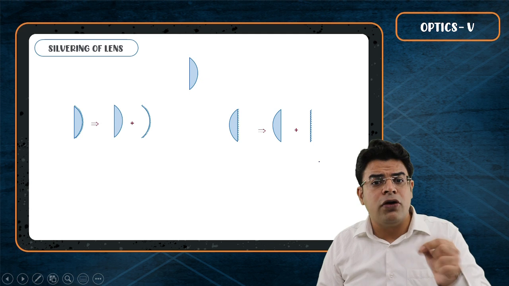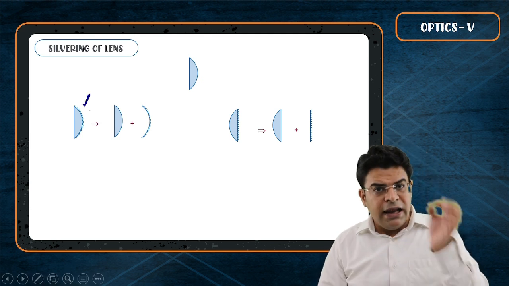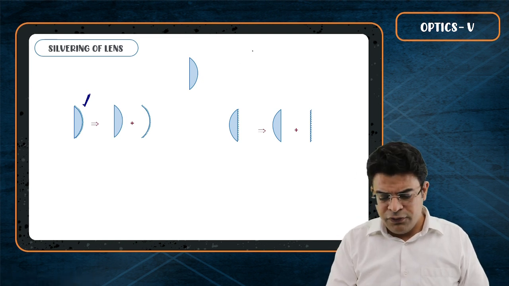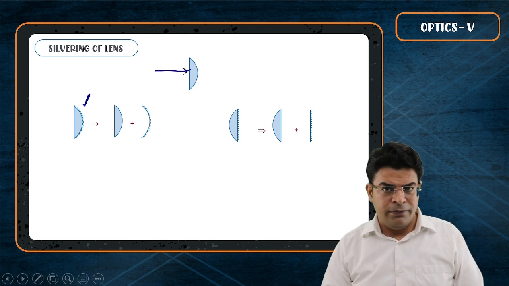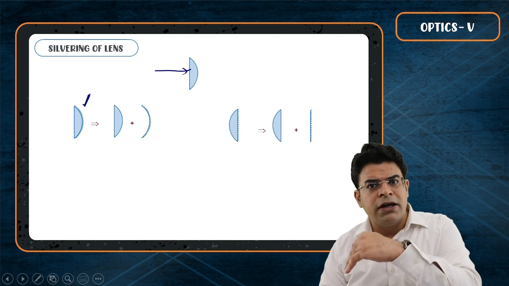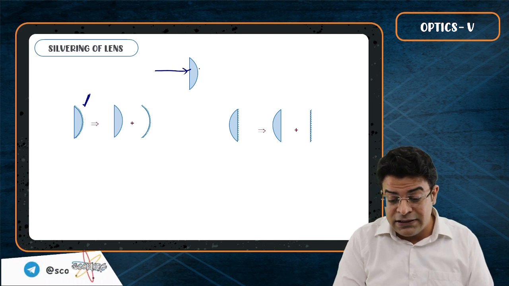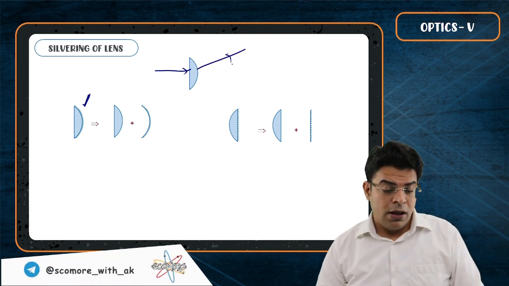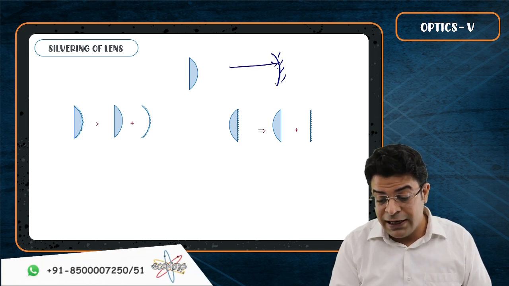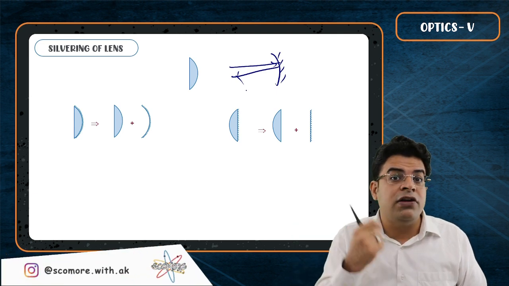I have a bigger question here. This combination will act like a lens or a mirror. So what is the difference between lens and mirror? If you have a lens, you shoot a ray of light. Whether the ray of light moves towards the optical axis or away from it, the ray keeps on moving forward, it gets refracted. But if you have a mirror and you shoot a ray of light towards it, it gets reflected. It moves in the opposite direction after the reflection.